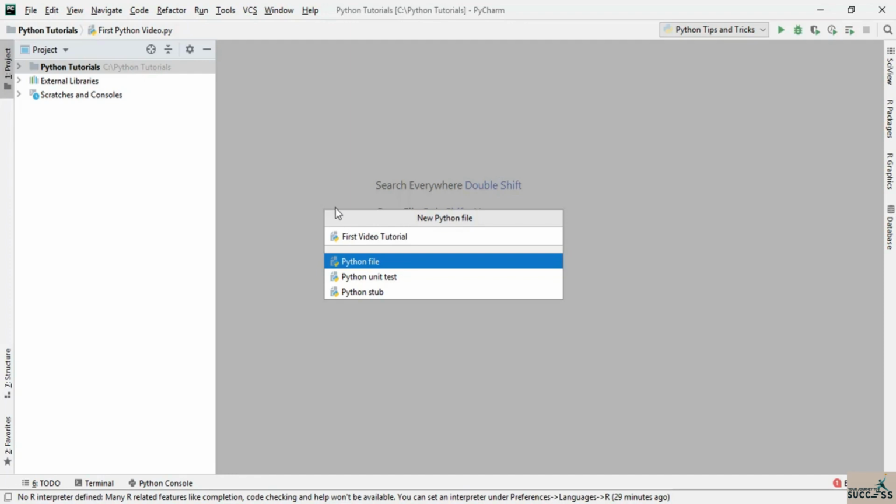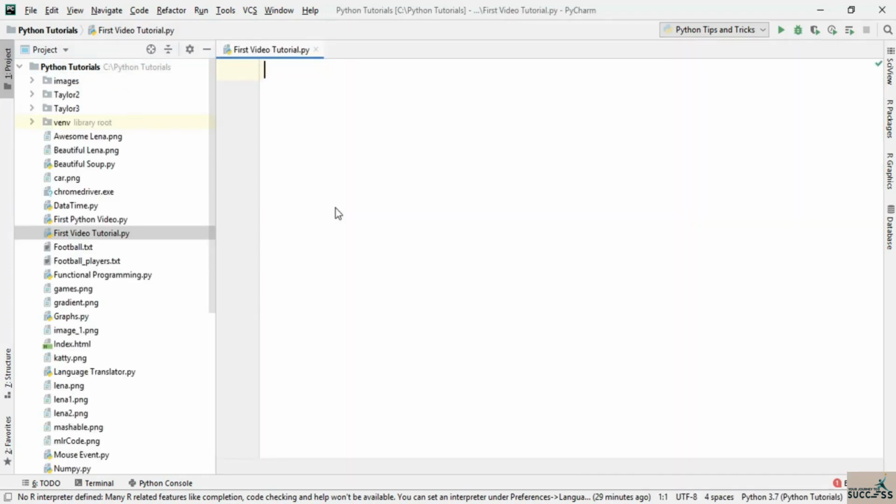Now just hit enter to create that file inside your project. So you have this project named Python tutorials, and inside that project you have this file named first video tutorial.py. Now in here you can start writing your Python code, but we're going to start writing our Python code